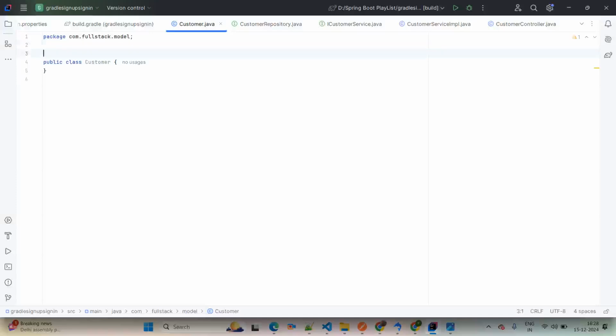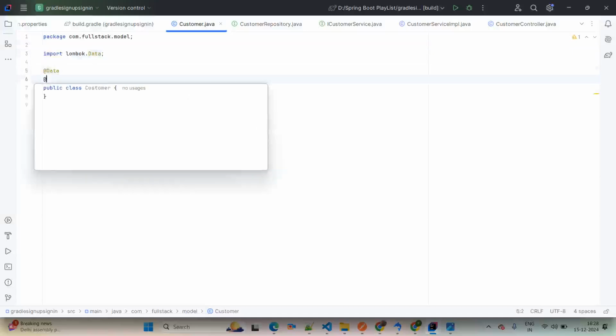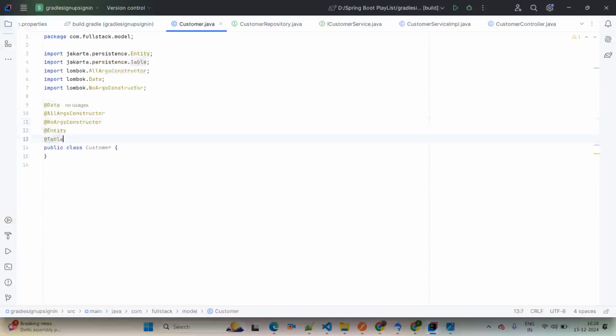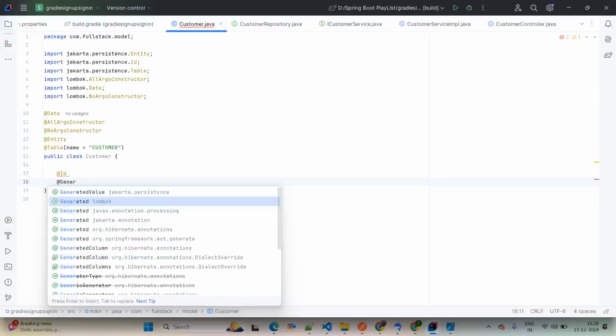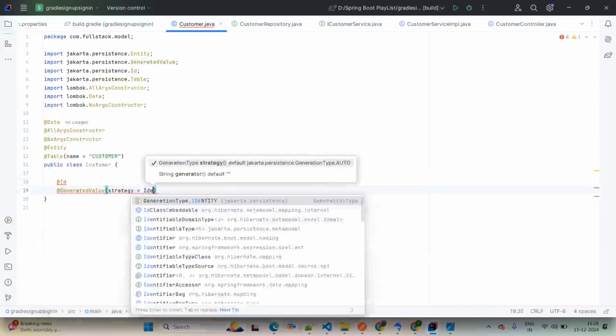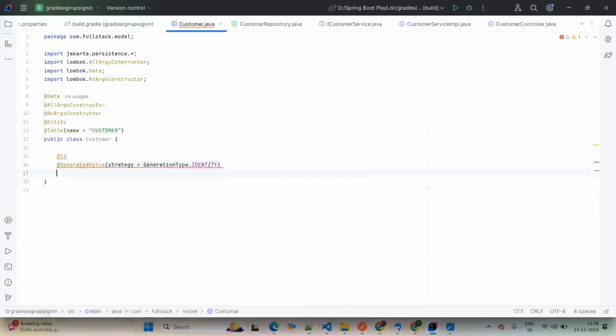This is our POJO class. We are annotating with @Data coming from Lombok. Next we are using @AllArgsConstructor, then @NoArgsConstructor. We require here @Entity. This is our entity class, and we are adding here @Table as well, and the table name I am simply mentioning as customer. We are adding here @Id. This is the primary key. @GeneratedValue, this will be auto increment, and the strategy we are giving here is GenerationType.IDENTITY. Then this is our ID, private int,